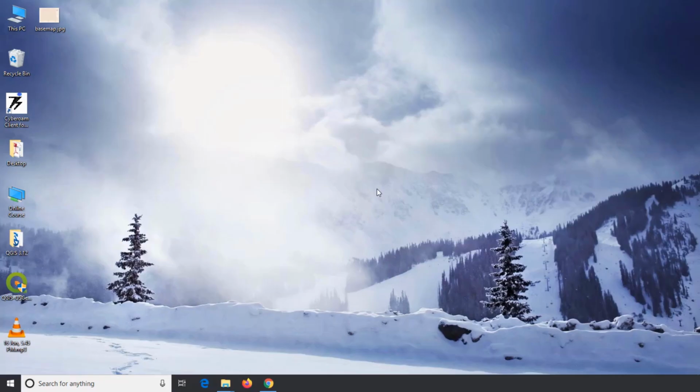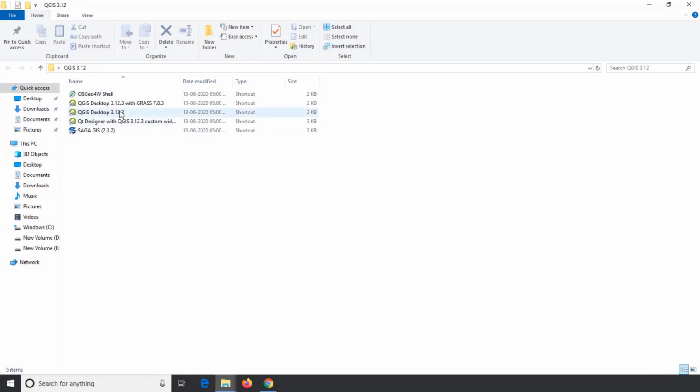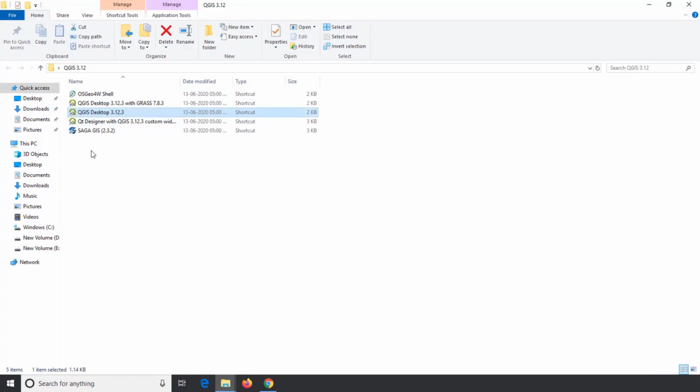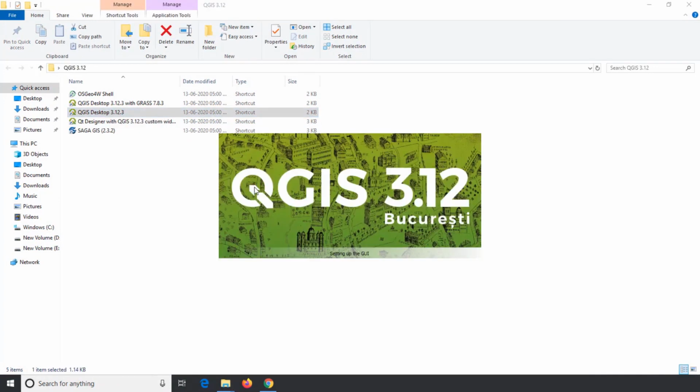In this video, we are going to learn how to open the downloaded data in QGIS and how to visualize it. To perform this activity, I first opened the QGIS desktop shortcut, which was created at the time of installation on my desktop, or I can open it from the Start Program of my computer. I double click on the shortcut to open it. As I said earlier, it may take a few seconds or minutes to open, so we will wait till it opens.